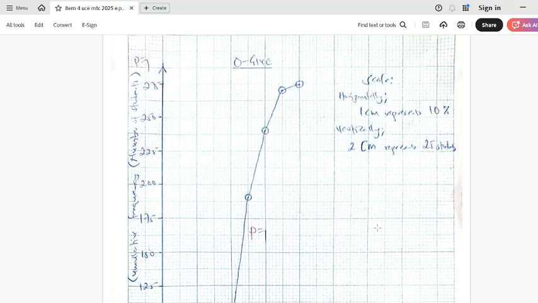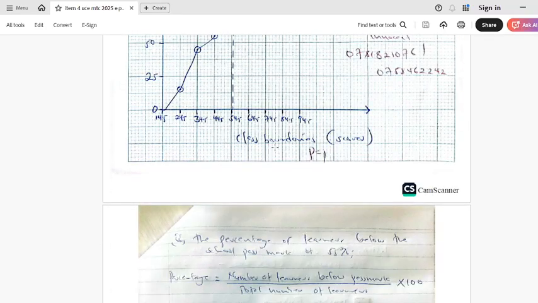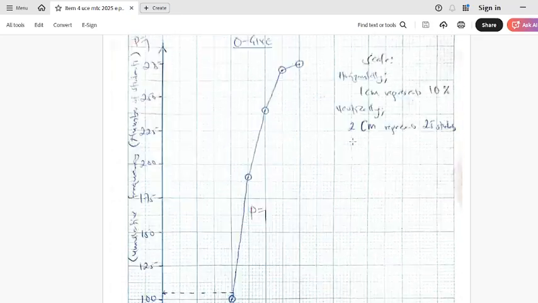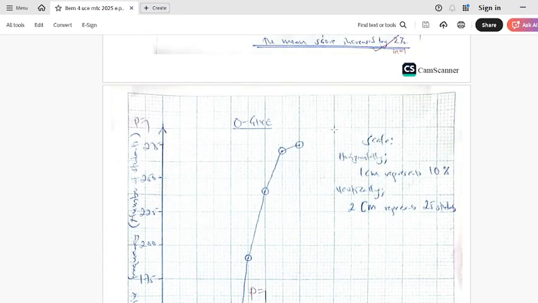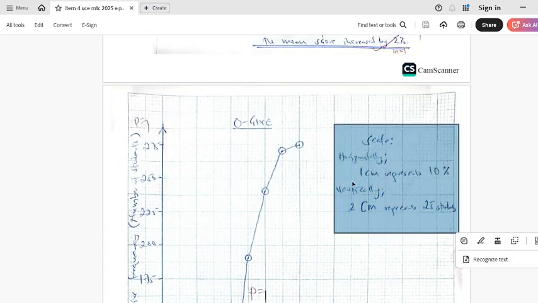So we have cumulative frequency, which I put in brackets, number of students, and this side I put class boundaries, which are the scores. Okay, I use the scale here, not to disturb me. I decided to use the scale horizontally 1 centimeter to represent 10% and vertically 2 centimeters to represent 25 students. By the way,